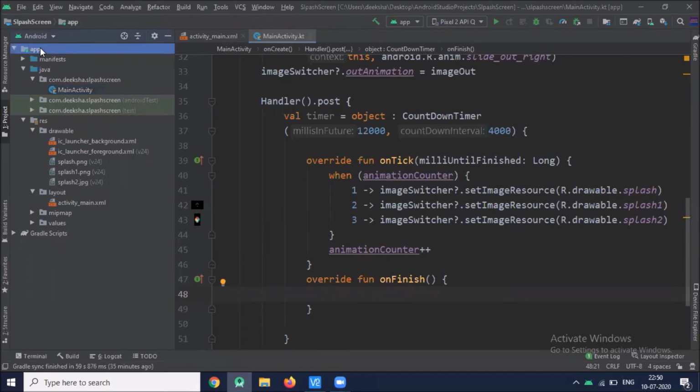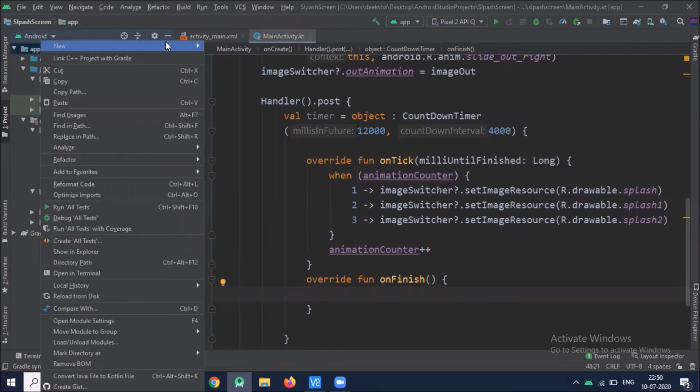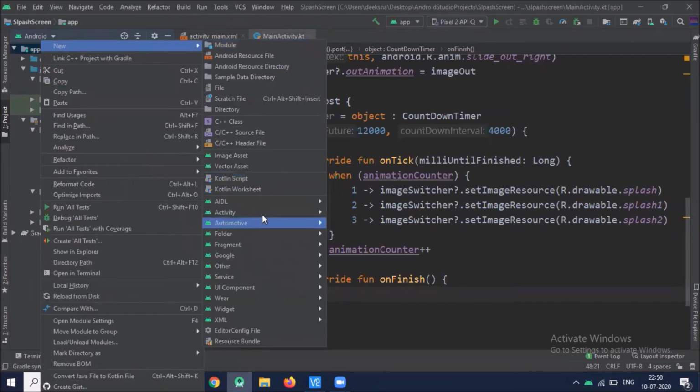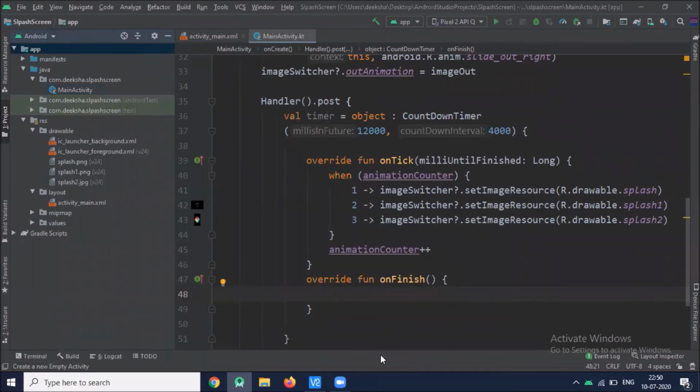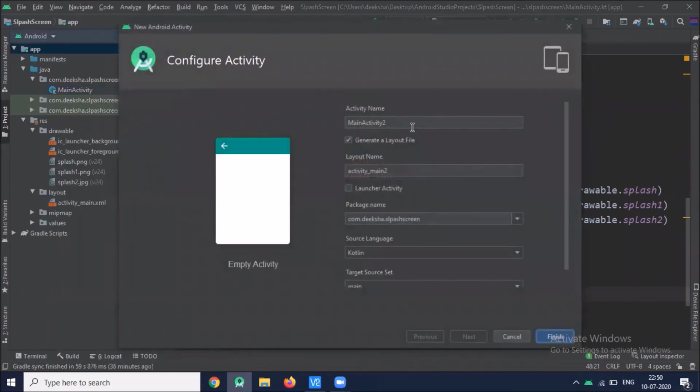So for that, we create one more activity. Click on File, Activity, and select empty activity. Name it SecondActivity.